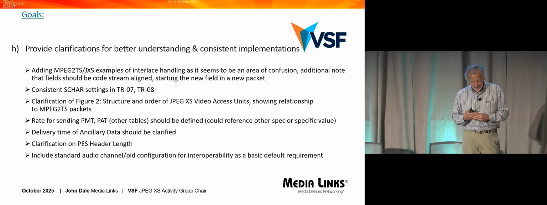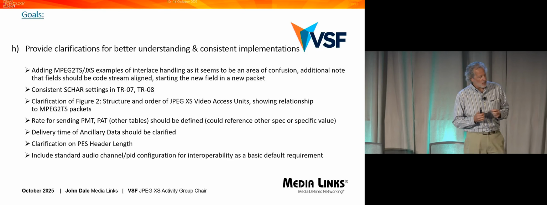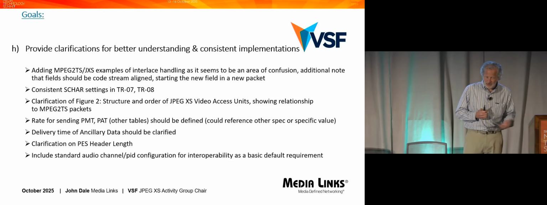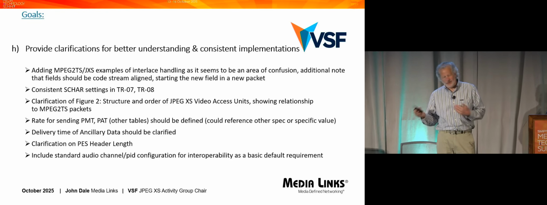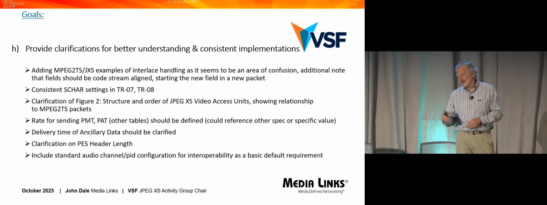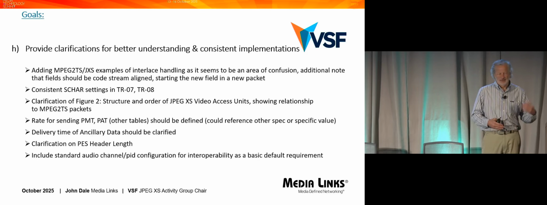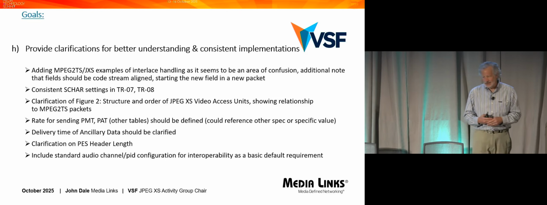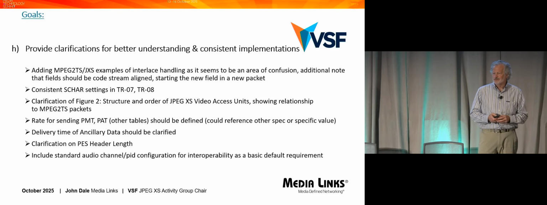This one, we thought we wouldn't really have to specify, but we got feedback that not all implementers support the specific numbers of channels per PID. So you could have an implementation where audio is not interoperable because that number of audio channels per PID isn't supported by the receiver. The transmitter supports another one. So we're going to put in some recommendation there to make sure there's a baseline that everyone has to support, so you have guaranteed audio interoperability.